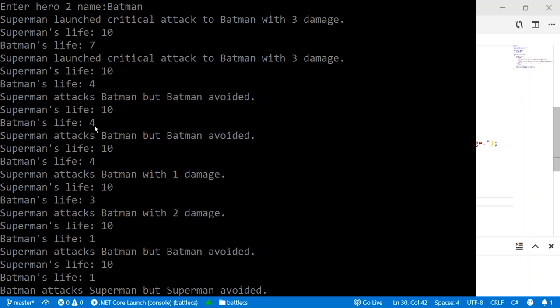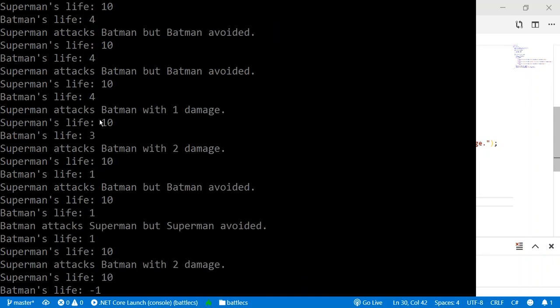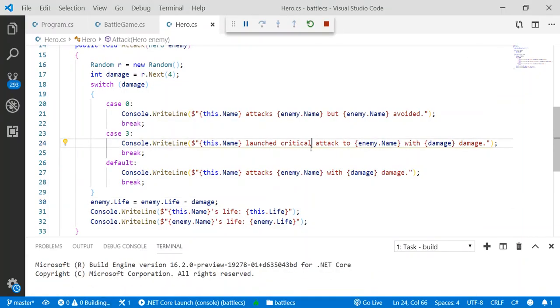See, Batman's life is not reduced. Okay, there's no reduce at all over here. Superman attack Batman. Most of the time Superman attack Batman, but over here we have also Batman attack Superman, but Superman avoided. Batman's life is equal to -1. We have a bug here that we have to fix, but let's run the program again just to make sure